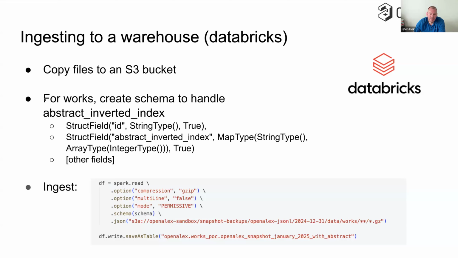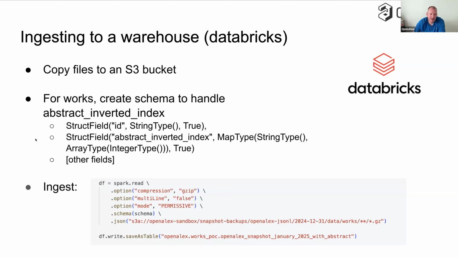Now, a gotcha when working with warehouses I found is the abstract inverted index. This is getting a little technical. The abstract inverted index is kind of not the best format. I actually want to redo that format at some point into something that works easier, but the way we set up abstract inverted index causes issues for normal ingest into something like PySpark or others, because when you have a dictionary and you use different characters and strings, it kind of just doesn't